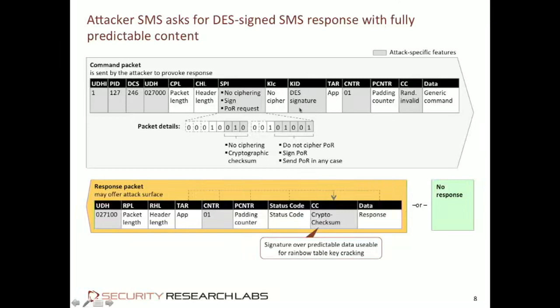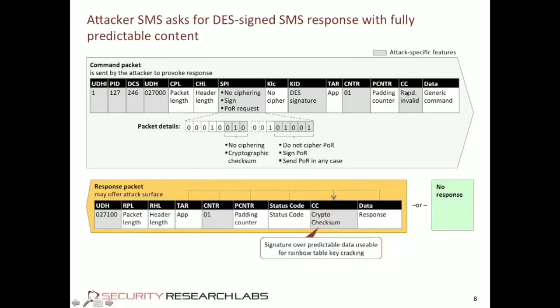It says which key should be used. So there's a couple of different keys, and you may need to kind of brute force them through several SMS. Not all of them may be vulnerable. It targets a specific application. Each of them can have their own keys. And it includes a signature, of course, the wrong signature. We can't compute at this point the right signature.